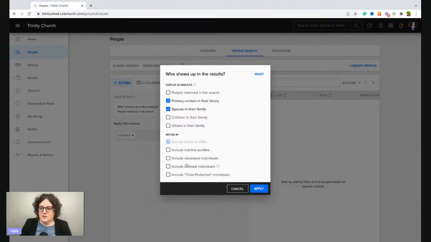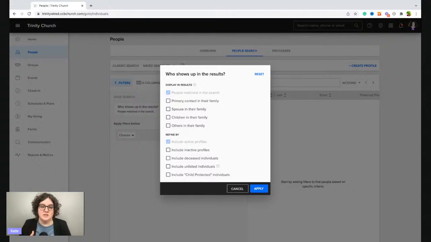Now, you're pretty much always going to just do active profiles. I don't really know why you would need to include deceased individuals unless you were running a search of who are the people that passed away in the last year. That might be an instance to use that. But the include child protected individuals is if you were running a search that just included kids. So our child protected age is 13 and under.